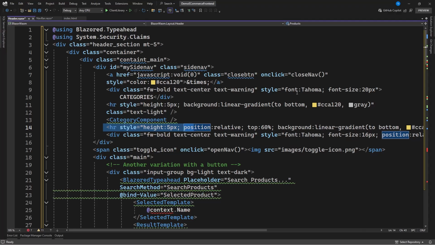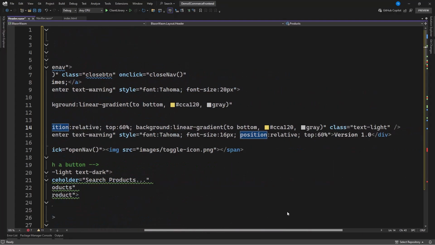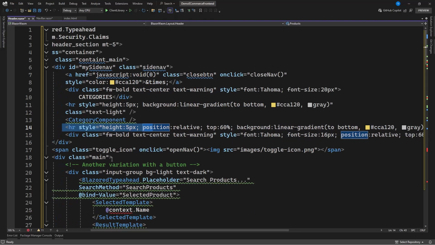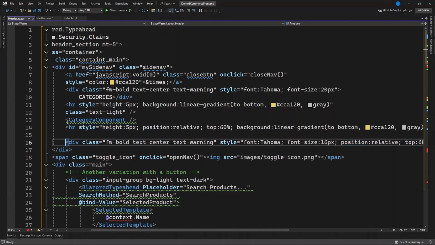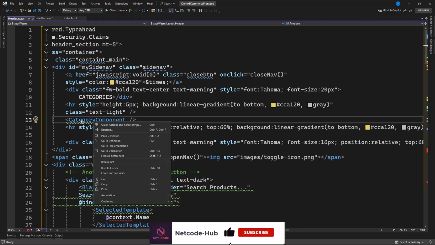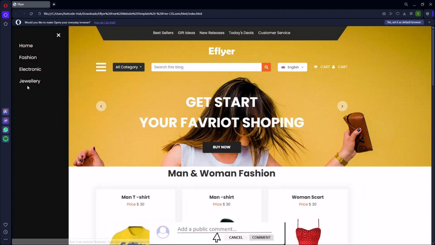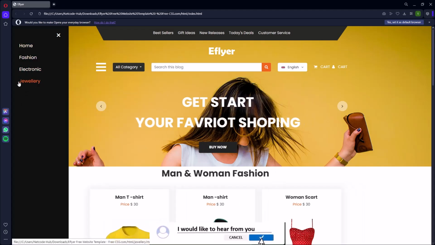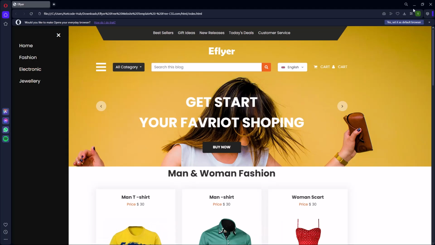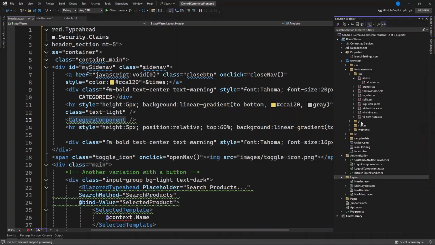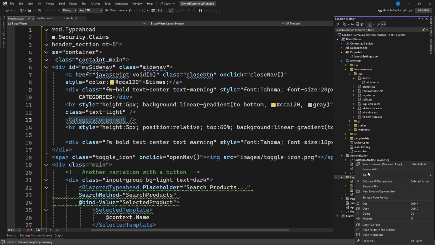Let me also break this down. From this HR, I can break it down here. So that is this one. Then we have a div class. Before that, we have a component, that's a category component. Now, what is this component for? When you check the UI, you can see we have all this. I want to create a simple component to handle all this. I don't want to include them here so that it becomes long. So that's why I created this category component. It is not yet created, so let's go and create it. Then we come back again and check what is in. So let's add this component